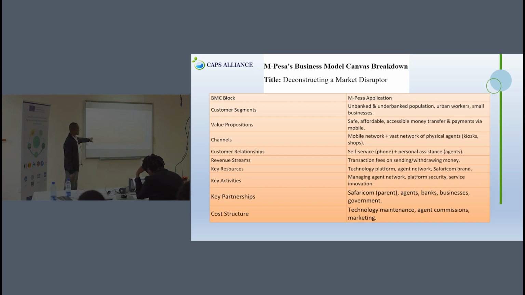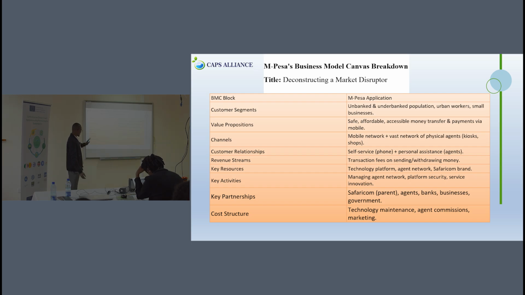And then the key resource was the technology platform, and the key activity was managing the agent network and platform. The key partnership initially was Safaricom partners, but now it has gone to banks. Nowadays, if you go to banks, even KCB is here, you see they have a counter written M-Pesa. You see? So these are some of the things that they were targeting. Even government, at times, like now, if you go to even pick your passport, they will tell you use e-citizen. So you use your phone, they will just give you a guide, and then you follow the process,